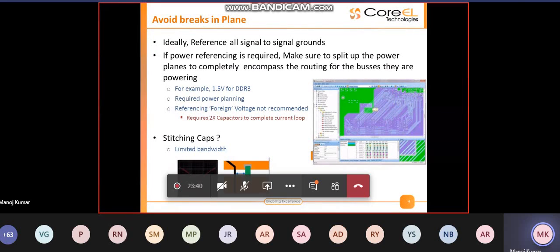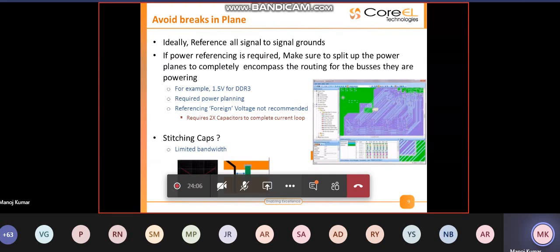Okay, for example, the other example would be you can have a different voltage reference laid out beneath the signal traces. Maybe if you take DDR3, which operates at 1.5 volt, you can have other power references which are working at 2.2 volt, 2.5 volt, or 3.3 volt.